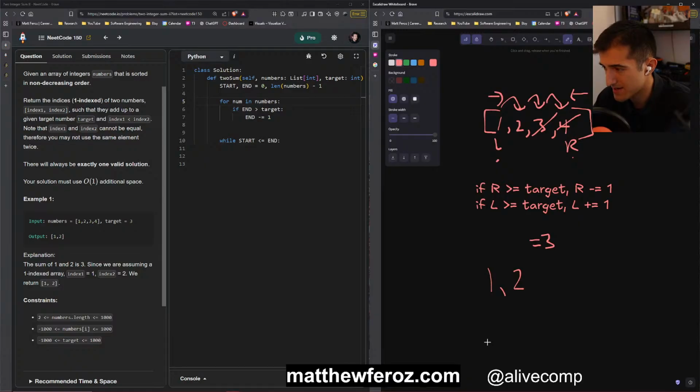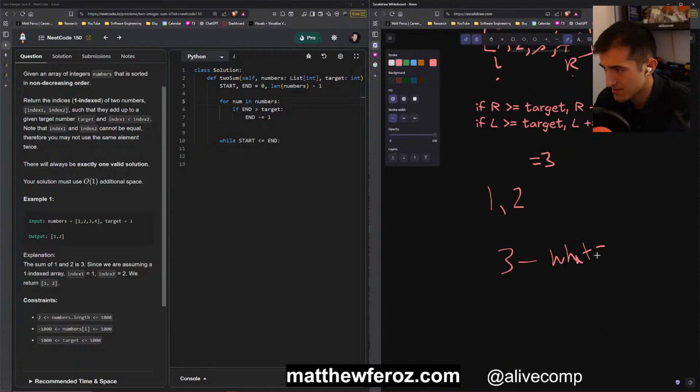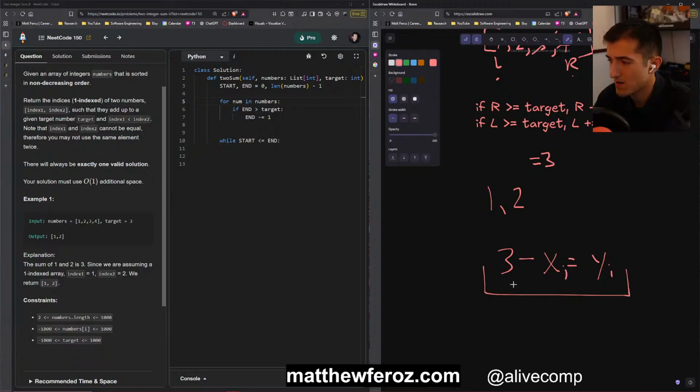We need to figure out 3 minus what equals, 3 minus something equals y, and these values are both inside the indices of the array. Because of this, this is target minus x equals y, and then it's x i plus y i equals target, right?